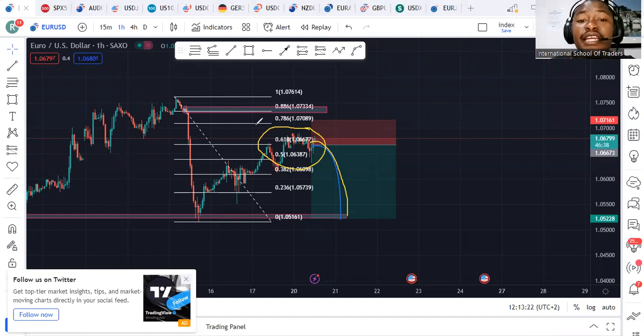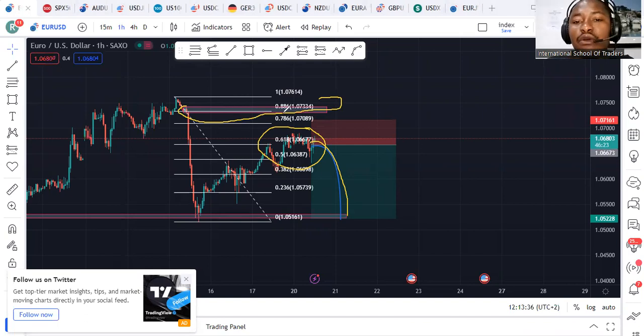But in this particular case, we do have a very important level just above us, which is the 88.6 level. This level is a must-look-at level, so that when we see markets breaking towards the top side and approaching this level, we might see it coming back towards the downside once again, or even going further towards the top side,